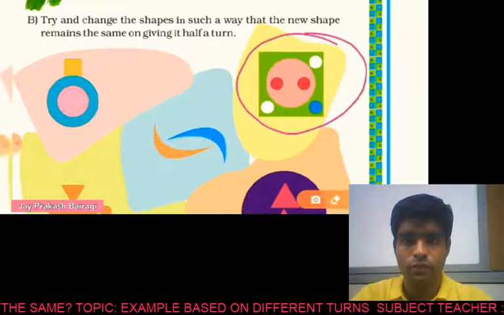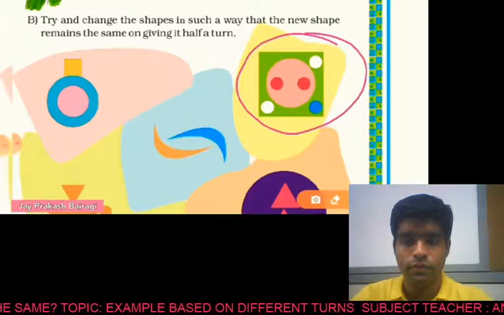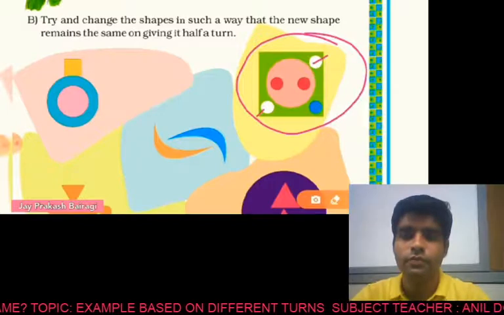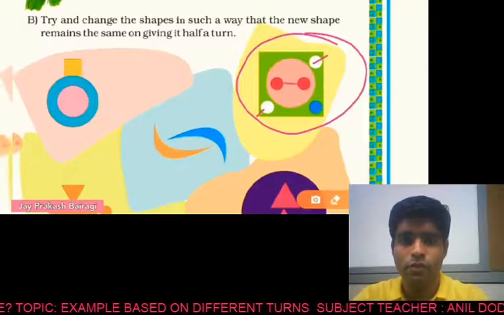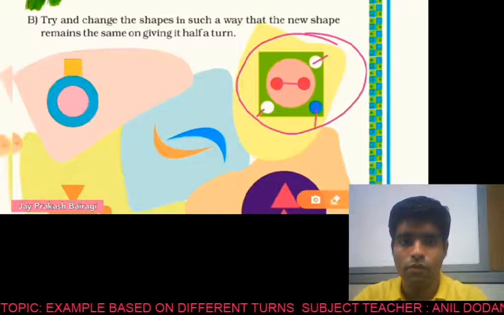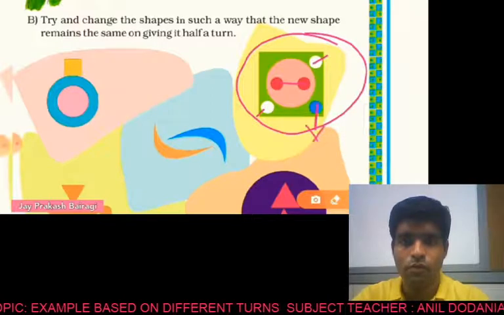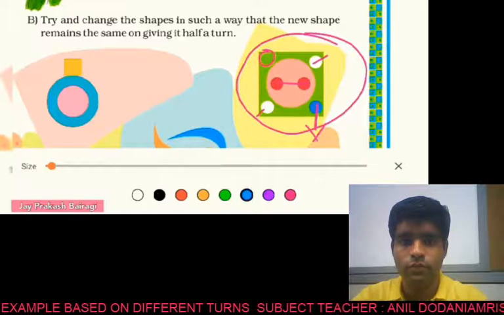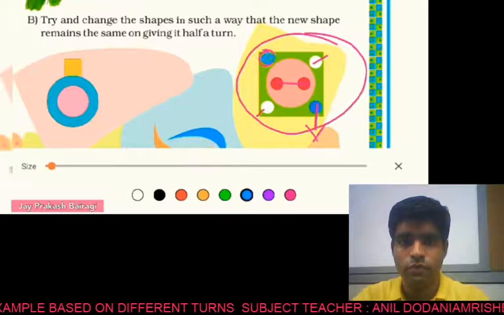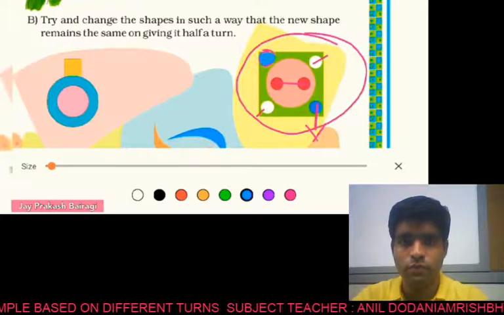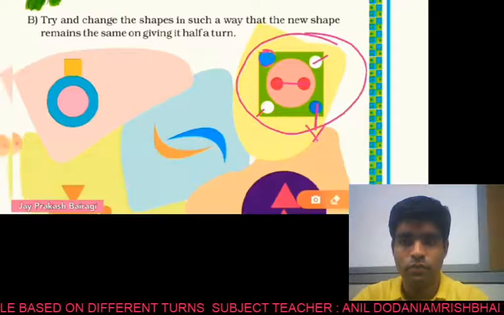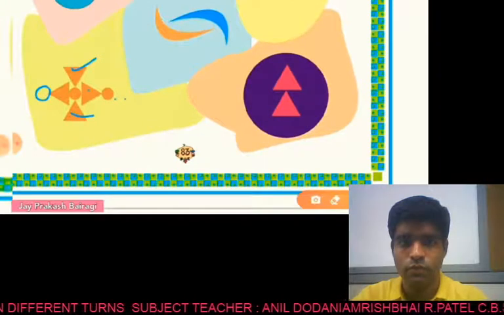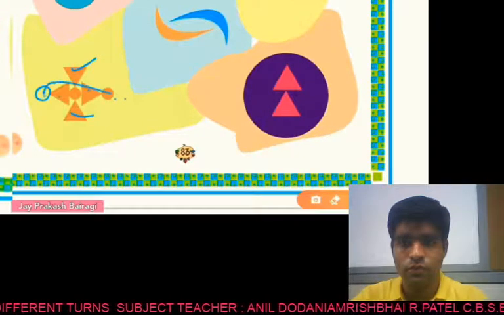Here we have a square and circles with different colors. You can see the corners have white circles, the center is red, so everything is the same, remaining this blue circle. So here you have to put a circle and fill it with blue color, remember this, then it will look the same, and in half turn it will look the same. So in this way you can do it, and you must color it with the same color, remember it.